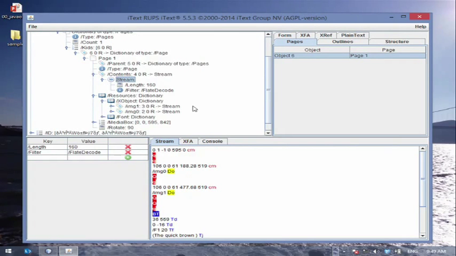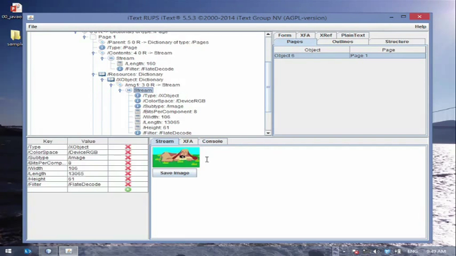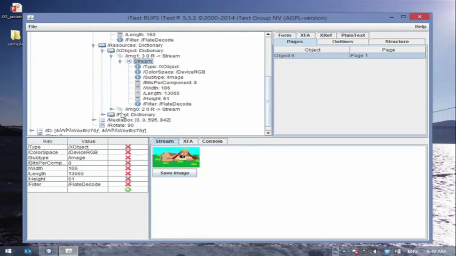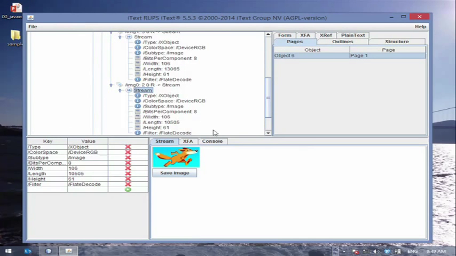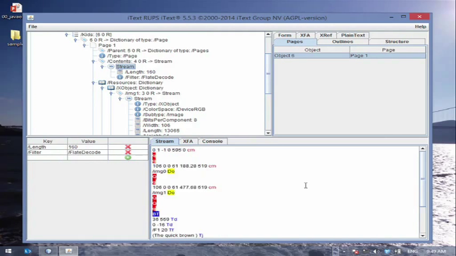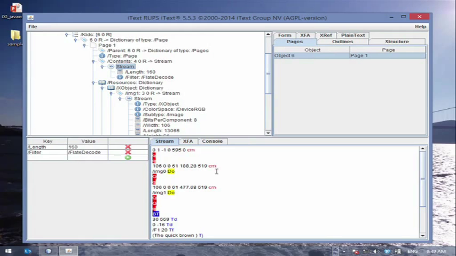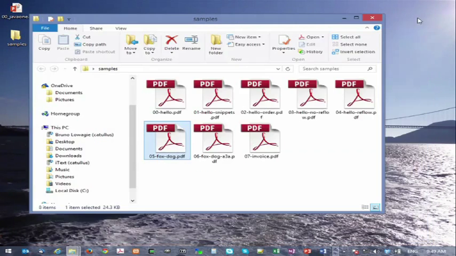Images are external objects. You store them once in an object. Here, image 1 is stored in object 3. Image 2 is stored in object 0. And if we look at the streams, we see that we have the dog in object 3, and we have the fox in object 2. And going back to the structure, we see the quick brown jumps over the lazy and the 2 images. Now, this is a PDF that isn't tagged.